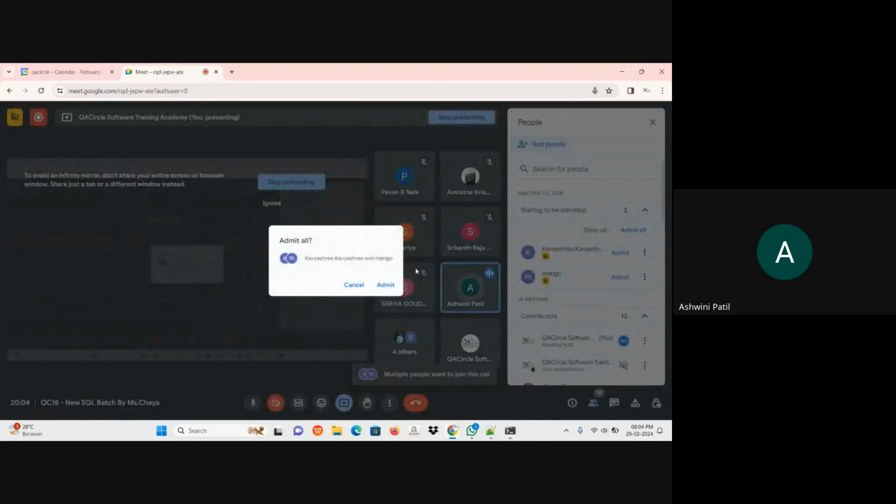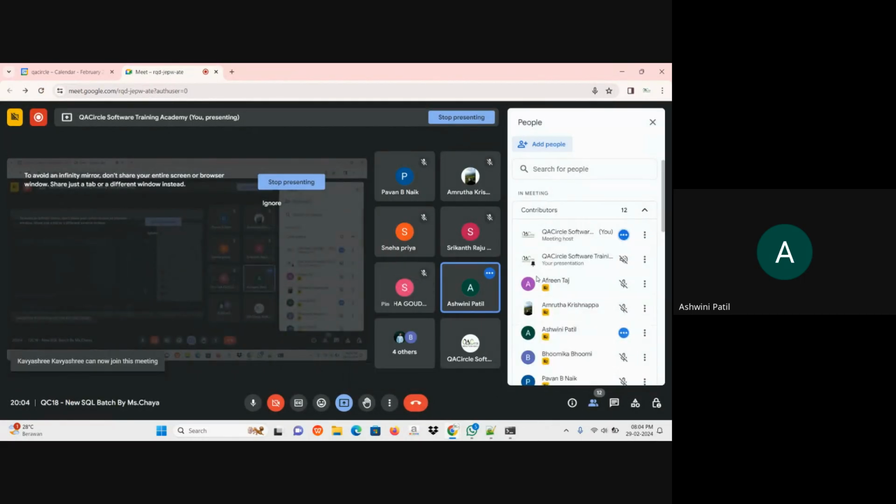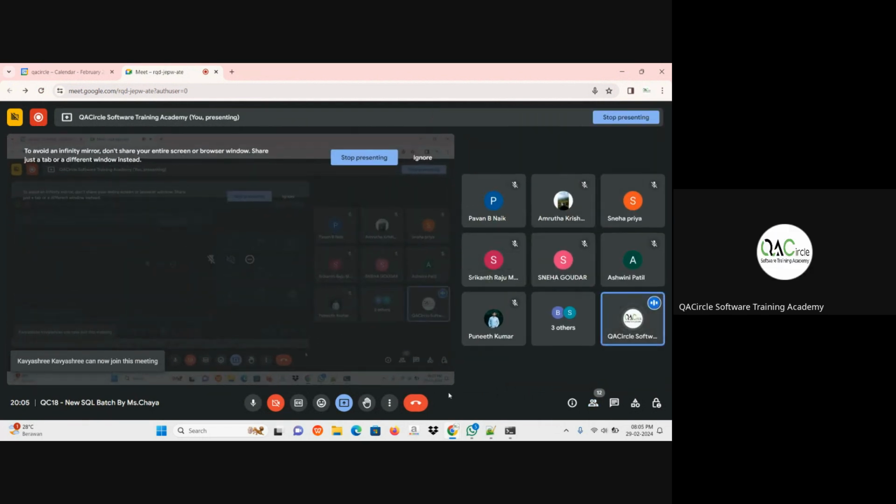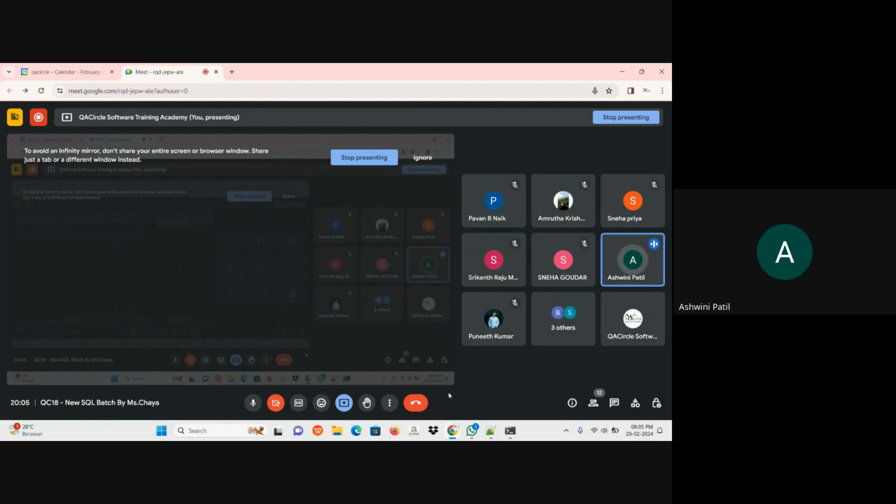SQL languages are like DDL, DML, DCL. In that, any statements? In DDL, we create, alter, and drop the table. In DML, we insert and delete.